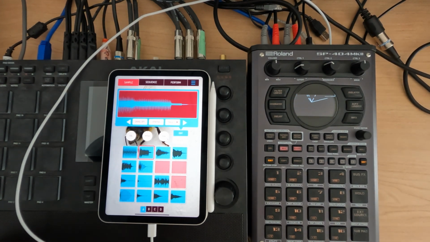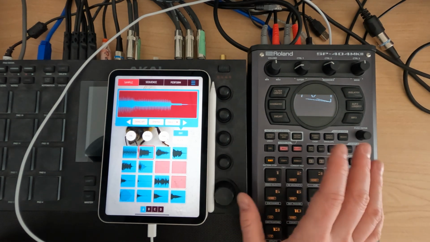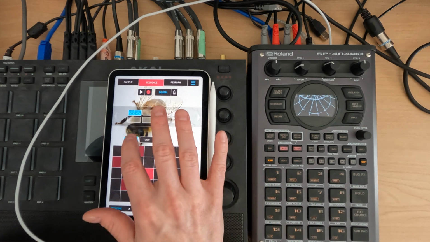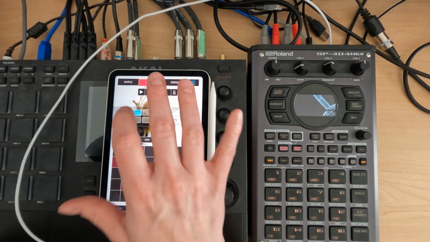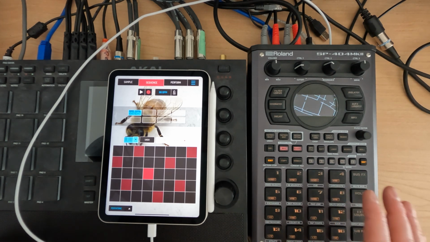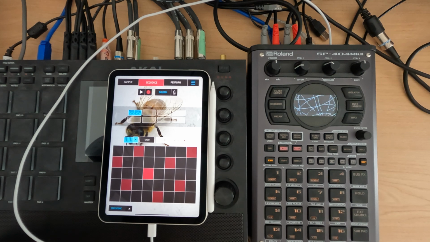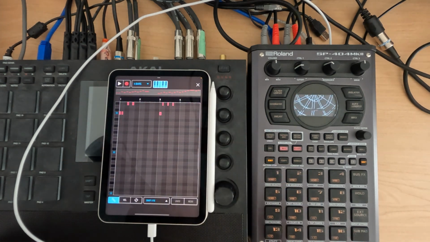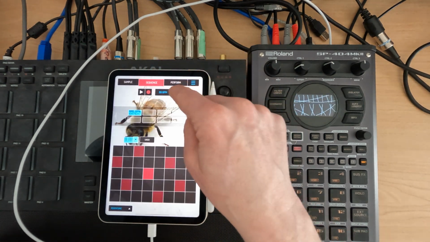Another thing I want to go over that I really like about Koala, that I wish the sequencer was a bit nicer on the 404 Mark II. I mean, don't get me wrong, having TR-Rec is nice so we can get into that 16-step sequencer, but you can only do one pad at a time. If you haven't played around with Koala Sampler at all,